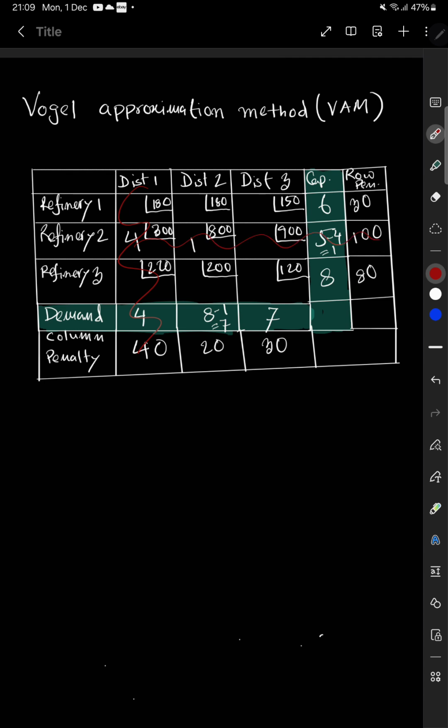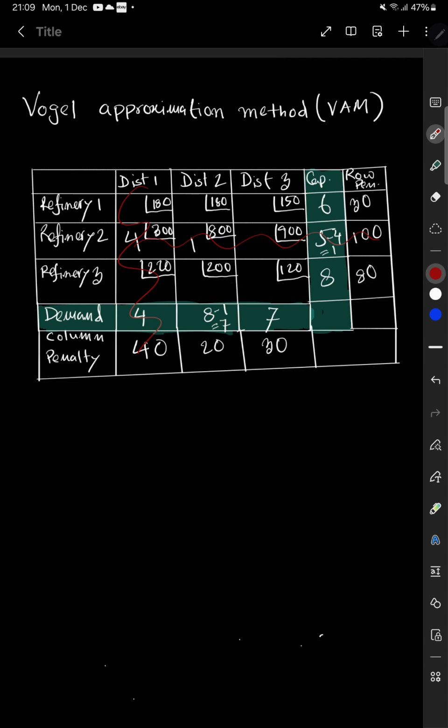Now we have to calculate the row penalty and column penalty once again. Now you see here it didn't change, this one it didn't change, but this one might change. 180 and 200 did not change actually. 120 and 150, oh, third did not change at all. So now we have to find which one is the highest penalty. So 30, 80, 30, 8, 20. 80 is the highest penalty, so our target now is